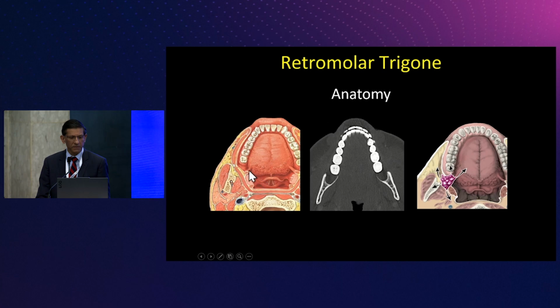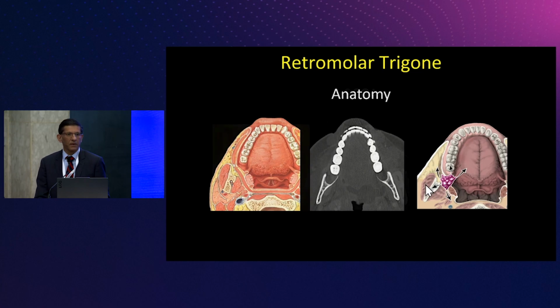And again, Dr. Weil did a beautiful job talking about this area right here, which is the pterygomandibular raphe. We have the buccinator muscle and the superior constrictor muscle. Why do I mention this in particular? Because if I have a 3-centimeter tumor involving the oral tongue, well, that tumor is going to grow from right to left, anterior to posterior. But look at this area where the retromolar trigone is. It's right behind the maxillary tuberosity, and it's just anterior to the ramus of the mandible. So if I take that 3-centimeter tumor and I stick it right here, that tumor is going to go laterally, it's going to grow medially, but look what it's going to bump into right here. It's going to bump into the mandible.